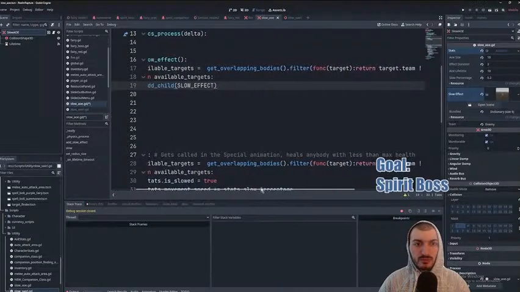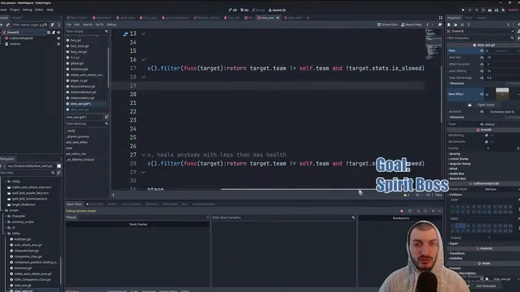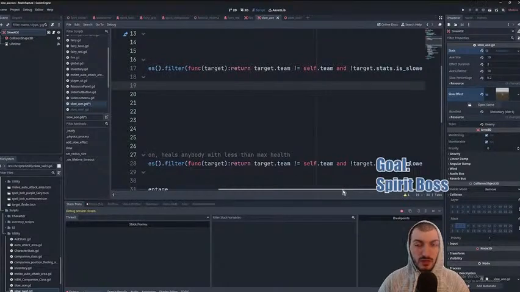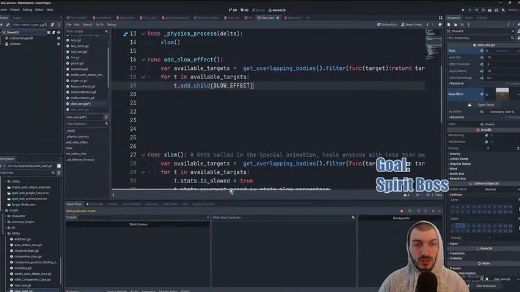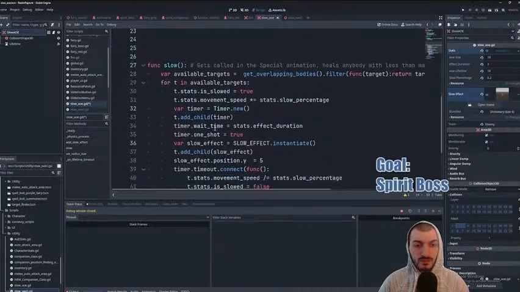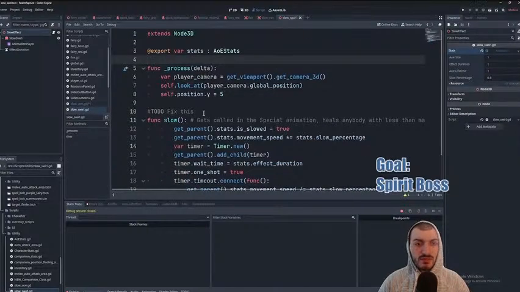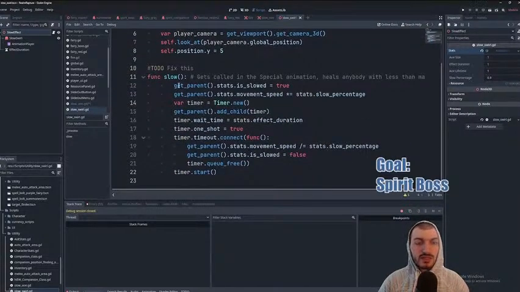It will get the overlapping bodies in the area, and it will look if they're on our team or not, and they're not already slowed, and it will give them the child if they're not already slowed. So then it gives them this, which will then say,